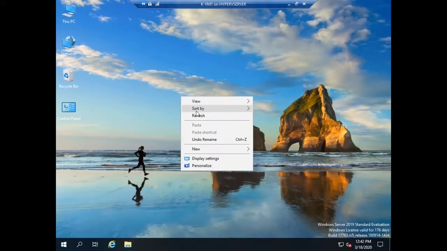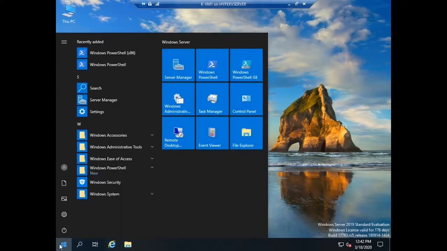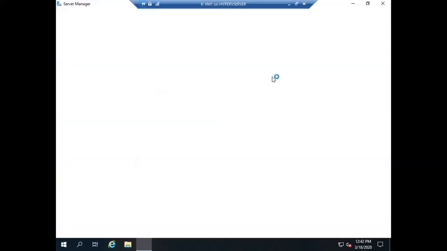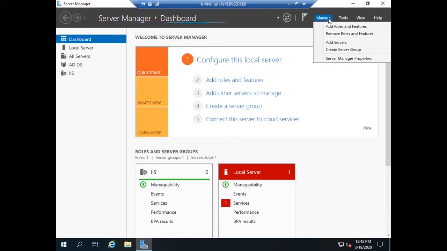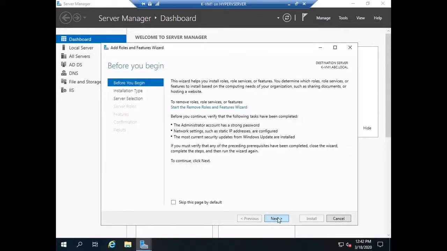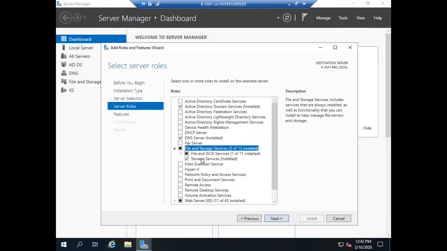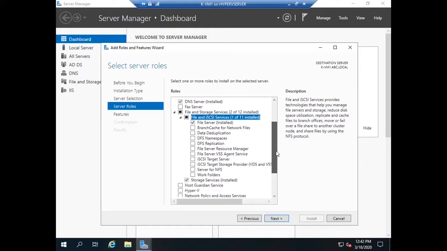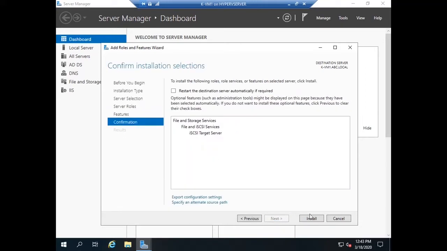Okay, so I logged into KVM1. Now I need to open the server manager, and then Manage, Add Roles and Features. Go forward until you see iSCSI under files and storage services. There you can find iSCSI Target Server. So when you run this protocol and the service,